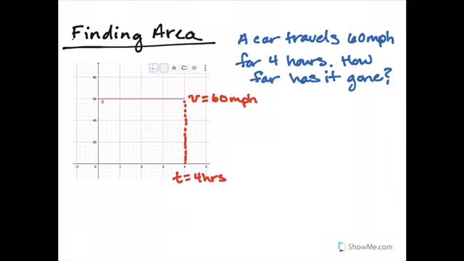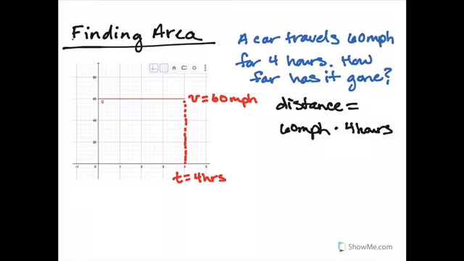So this graph represents a car traveling at a steady, constant speed of 60 miles per hour. If it travels for 4 hours, how far has it gone? 240 miles. How did you get that? 60 times 4. So it's his speed times the amount of time he's traveled, and that gives us